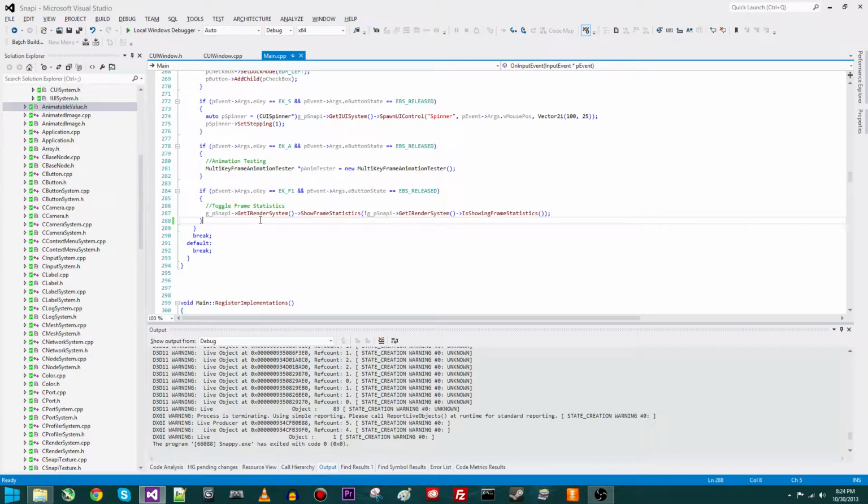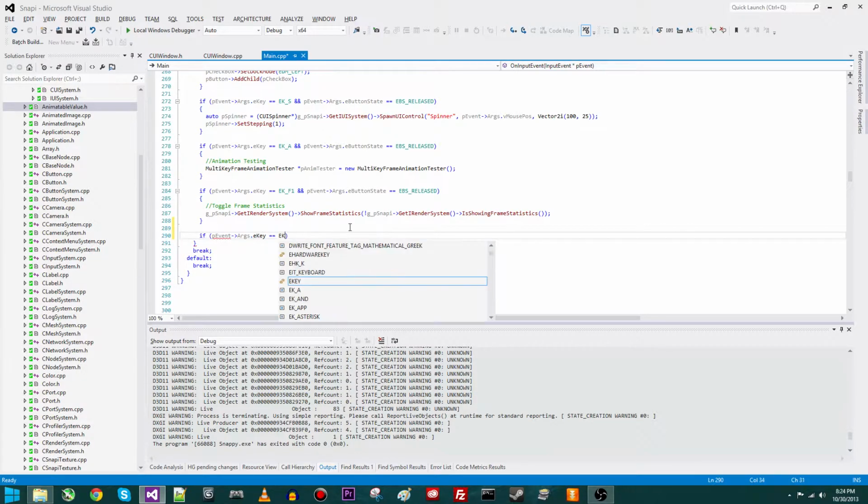We're going to check for the up key right now. So we're going to check the P event that we receive, and by the way, we are in the onInput event in the main class. The onInput is going to receive any input, and it sends in the event that happened, the input event. So we're going to check the event for its arguments, and we're going to check for what key. And if the key equals EKey underscore up,